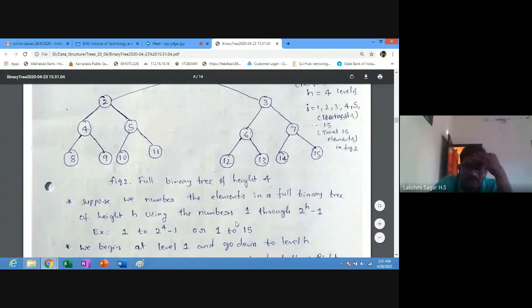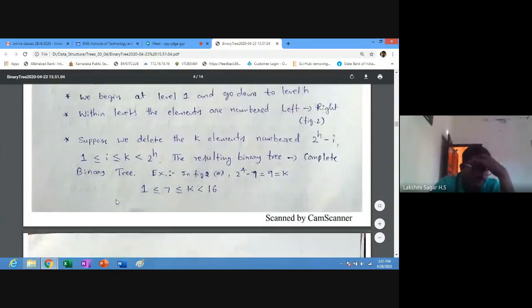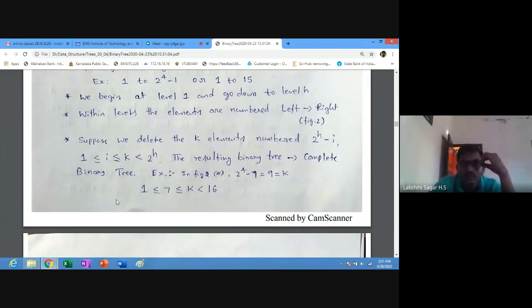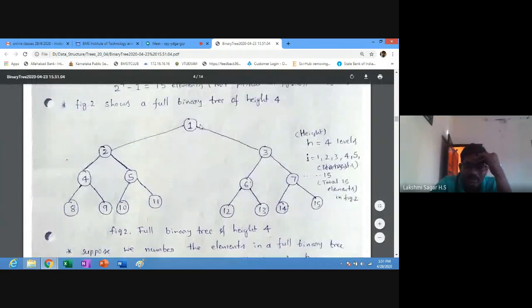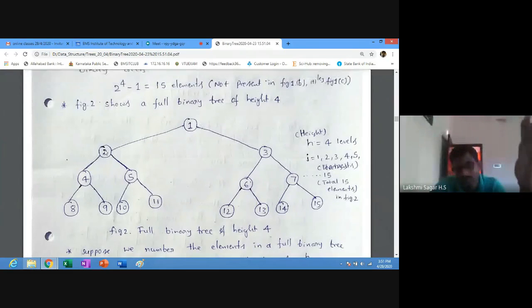So it varies from 1 to 2 power 4 minus 1, which is 15, 1 to 15. We begin at level 1 and go down to level h. This is the first level. Next, the second level will start from the left hand side. Next, the third level also left hand side, and the fourth level also left hand side.